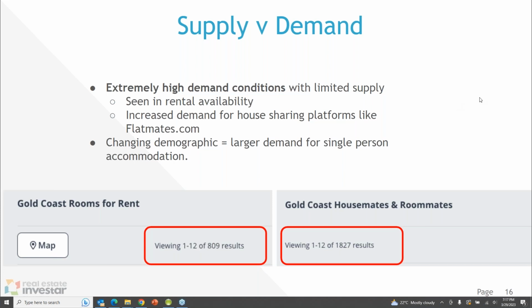We are in a changing demographic now. The number of single people is increasing. Some people don't get into a relationship or have a family, and some people have come out of a relationship. We've got fly-in fly-out mine workers and people who work remotely who just need a bed and a room, and don't want to rent a house if they're not there. There are also students coming back into Australia, and immigration. A lot of single people will be immigrating to Australia permanently, and that's only going to put pressure on rental accommodation.